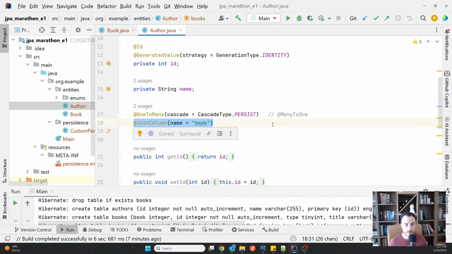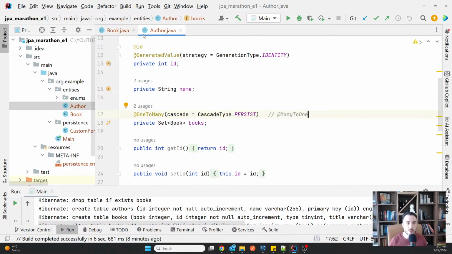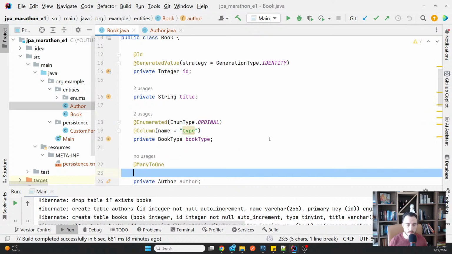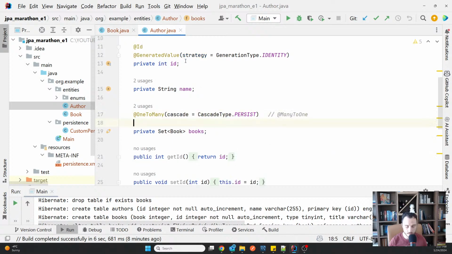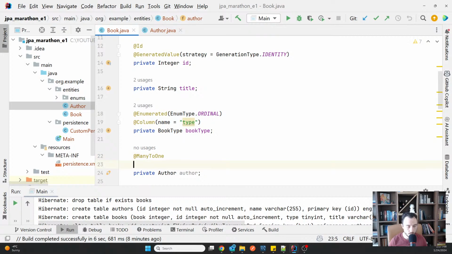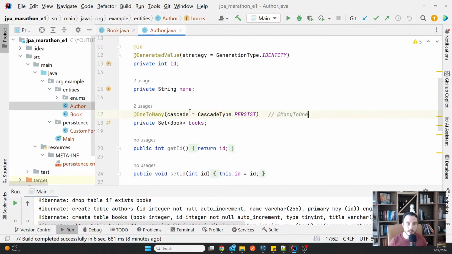And the only reason why the join column has been here now is because if you have a one directional one-to-many relationship with the relationship on the side of the one, not the side of the many, then you don't have where to put this annotation. So now I will just put it on the right side this way. And I will always make sure that the opposite side of the ownership is marked with mapped by.